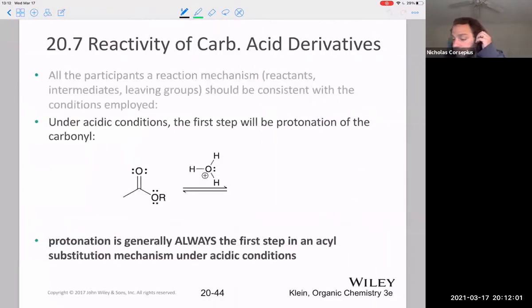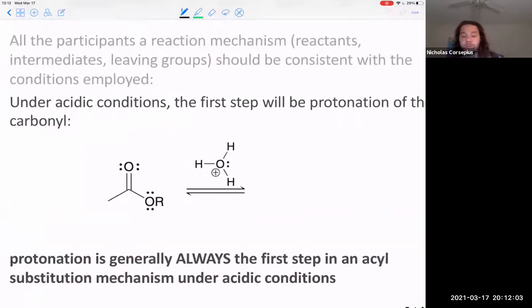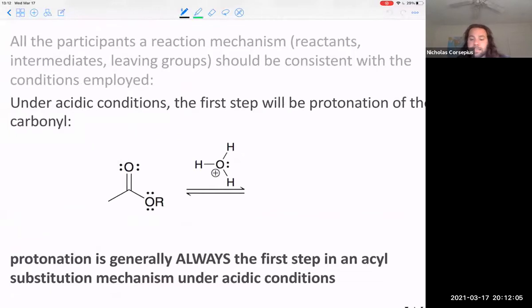Now we have these carboxylic acid derivatives reacting under acidic conditions. What do we think the first step might be? Just like we saw before, the first step is going to be protonation of that carbonyl oxygen. So this creates an even better electrophilic carbon because that oxygen's been protonated. And just as important, it also means that when we have nucleophilic attack,